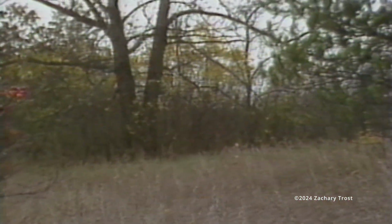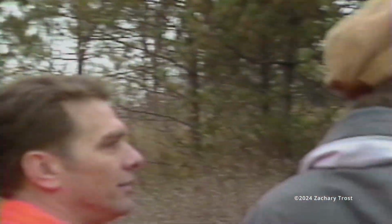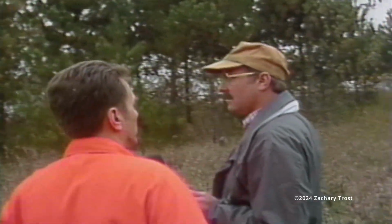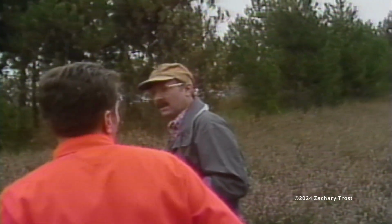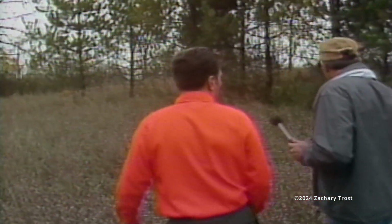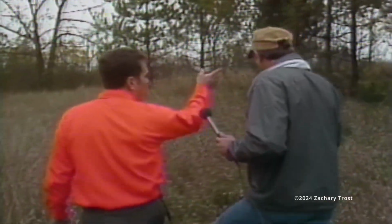But this to me looks like a big attraction to the deer right here, the strip of Scotch pines. Sure, yeah, covered bridge, a protected travel way. They can move a long distance through this kind of habitat and be relatively undisturbed. Let's go up here. Yeah, they like to bed down. Yeah, this tall grass is excellent bedding, and depending on which way the wind's blowing, that pine is going to